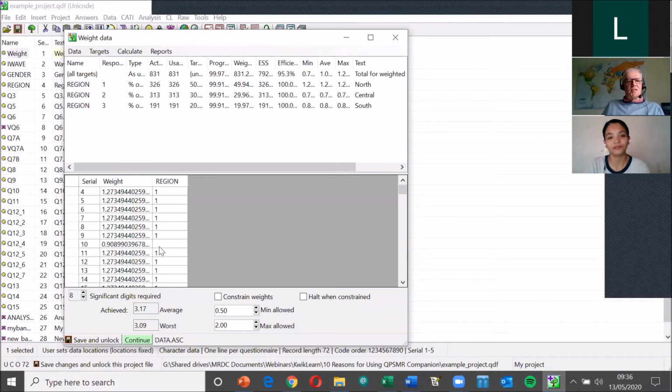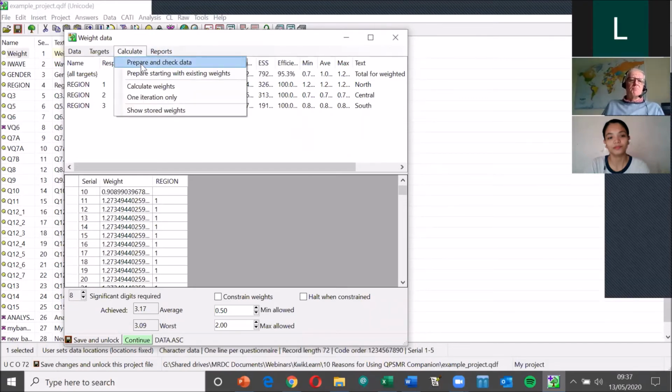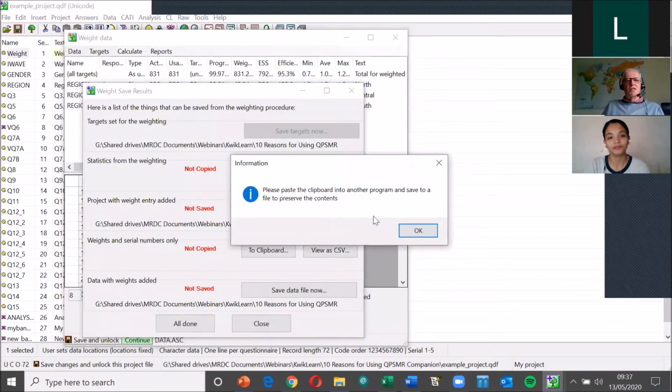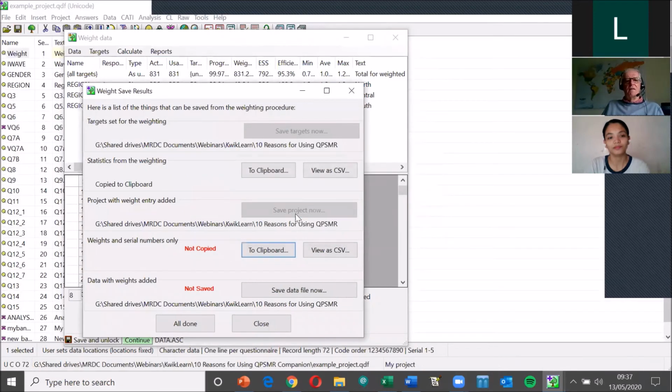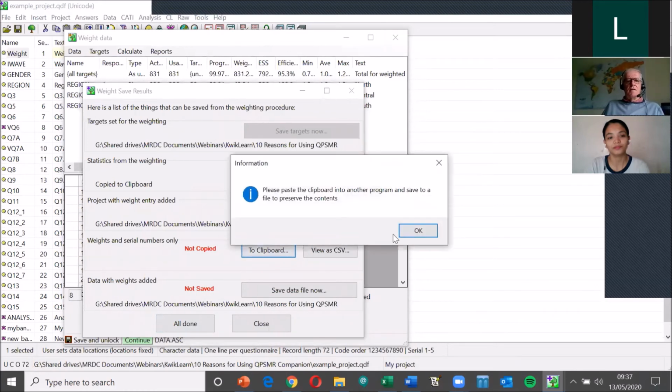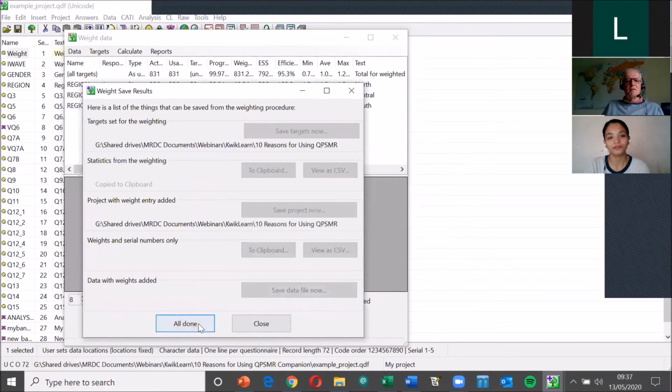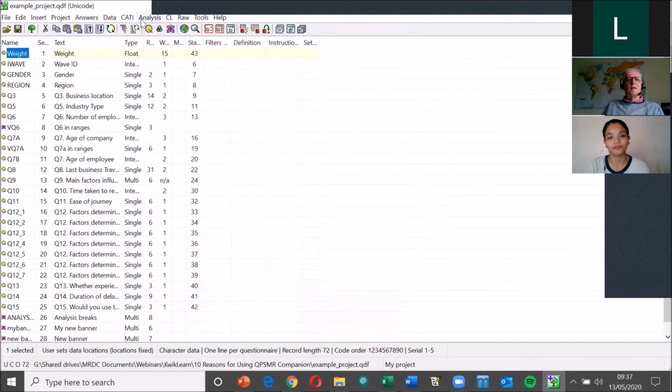The respondents here in other cells have got different weights, but what it means now is that I can also produce reports, by the way, in spreadsheets of all these weights and all these figures that I can use or send to a client or check in Excel if I feel that I want to. But then I can just save all this information down here. Just go through everything, save that weighting to the data file and go into analysis, do some analysis here,